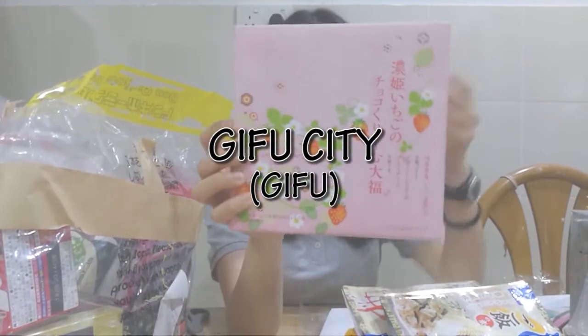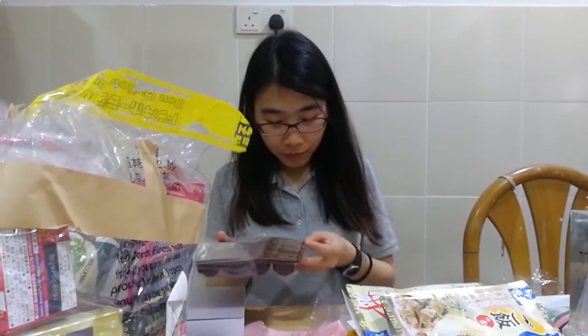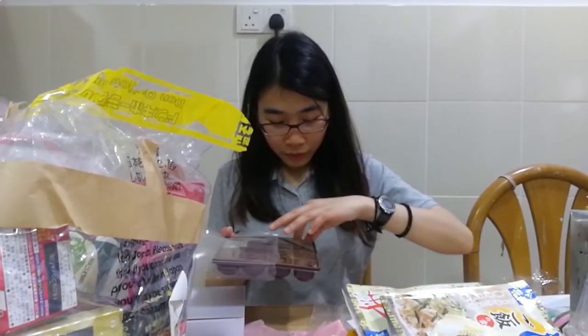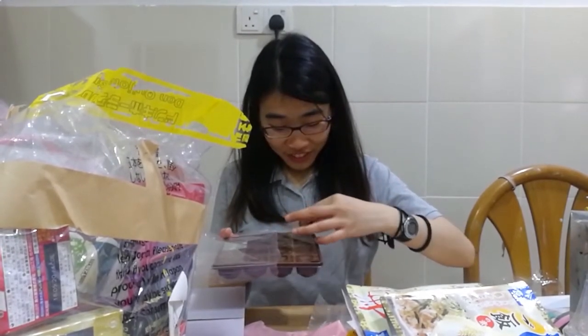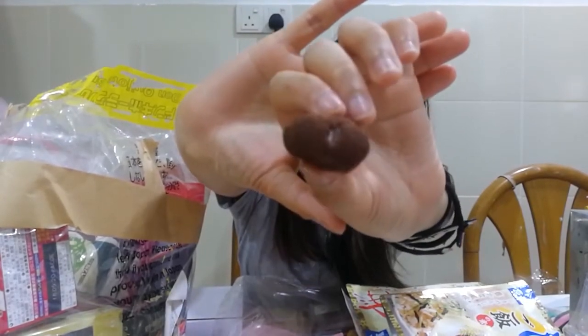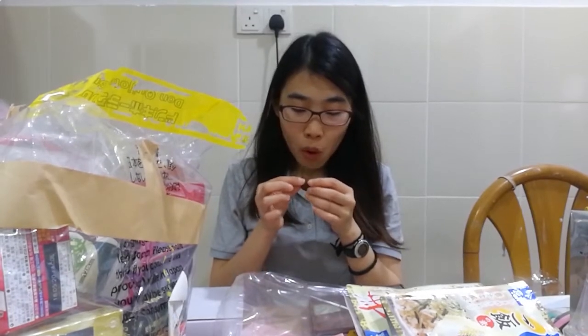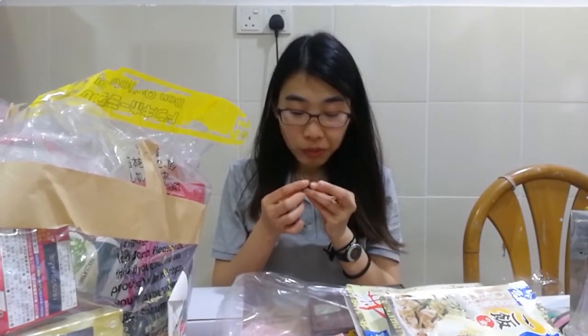Hime ichigo, cream, something daifuku. Wow, so soft. It's really daifuku, with this squishy kind of softness inside it. Maybe inside there's strawberry in it. Yep, there's strawberry in it, but it's strawberry cream instead. Pretty artificial, but